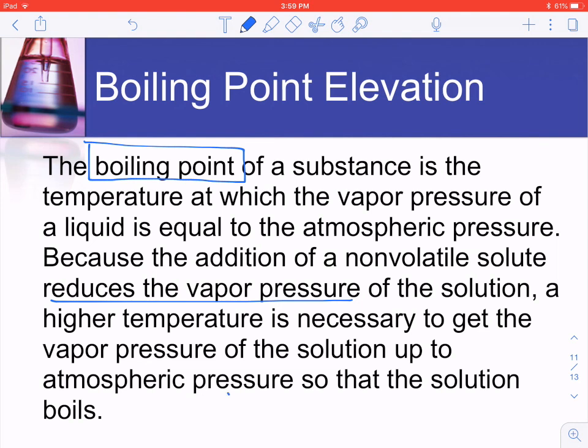We've talked about boiling being the point at which your vapor pressure overcomes the pressure of the atmosphere pushing down. And if we take the vapor pressure and we decrease it, we're going to need more and more energy to make that vapor pressure become greater than the atmospheric pressure. So that's